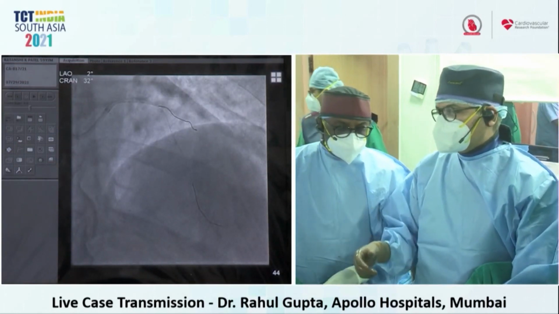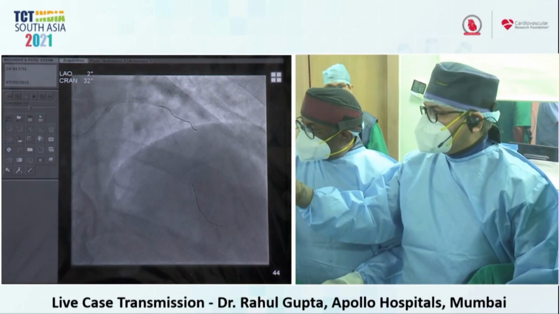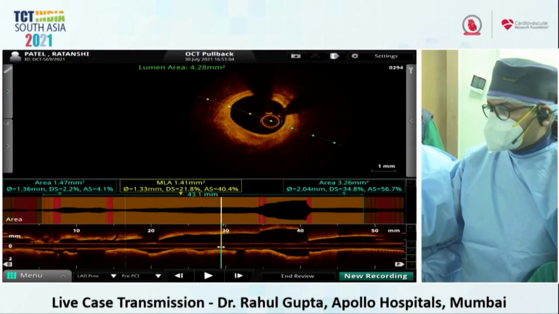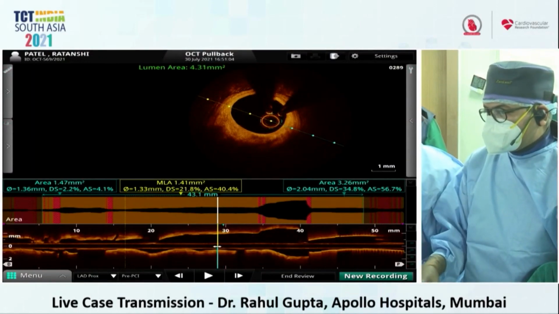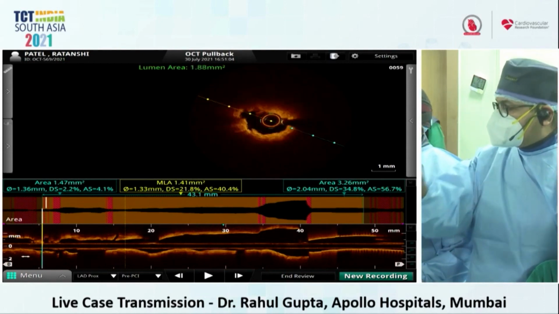I think it's a recent total occlusion. We have taken the OCT image. If we can just focus on the OCT, we have not interpreted it yet. We just finished. You did not see the wiring. Can you just show those fluoro pictures once before we go to OCT? Can you go a few scenes behind?